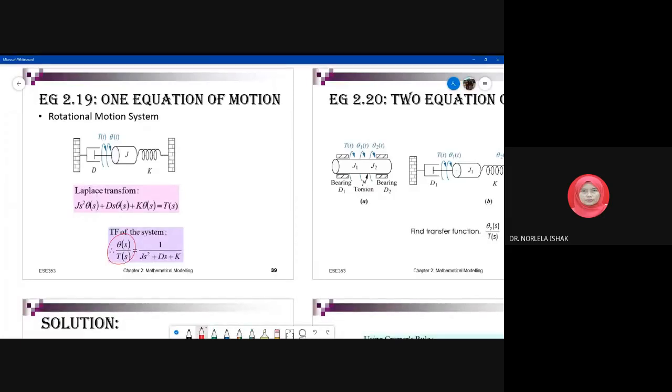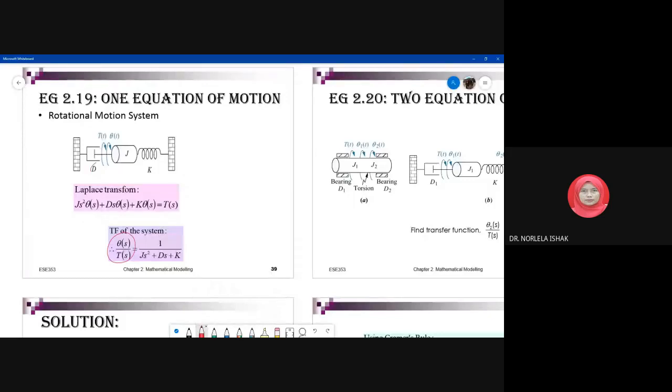How do you derive the single loop? They have a damper, inertia, and K. So we write the impedance for the three passive components: Js squared for inertia multiplied with the angular displacement, and Ds is the impedance for the damper, and K is the impedance for the spring, and all of these we multiply with the angular displacement,